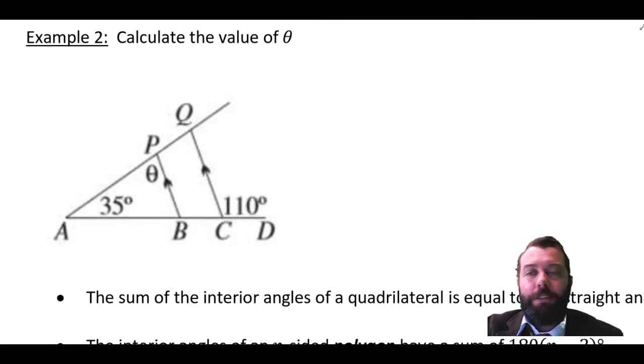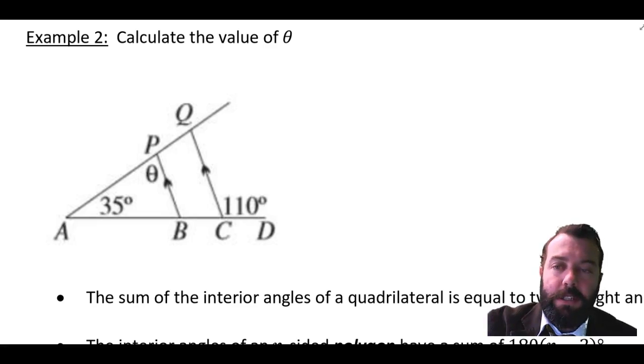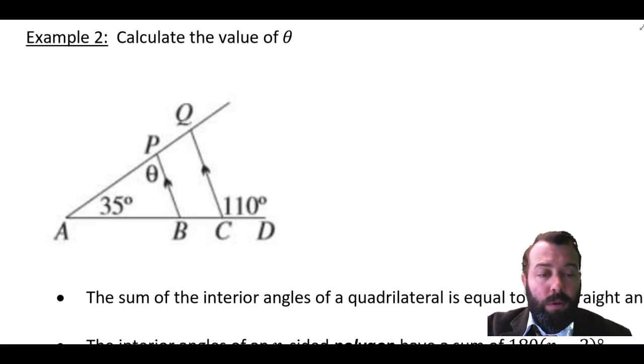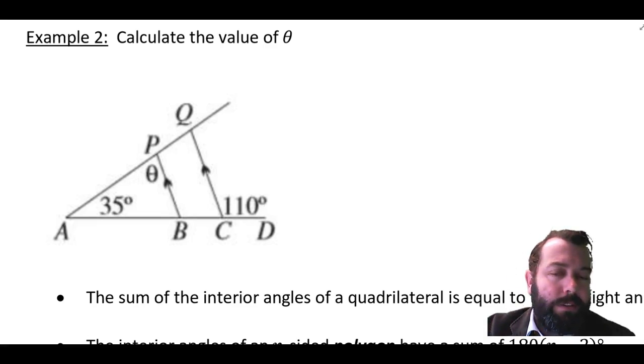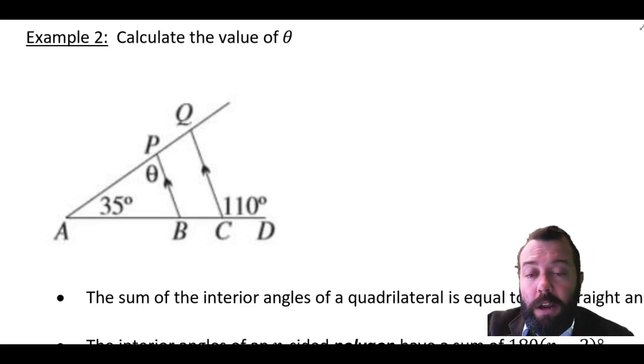Now I'm going to look at a strategy first before I just launch into some sort of proof. I'm going to come up with a plan. Theta is here and I need to find the value of it, and it's inside a triangle. I know one of the other sides. I know the interior angles of a triangle add up to 180 degrees. That's one thing. I also know